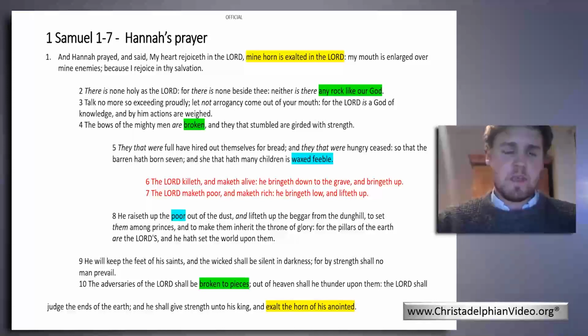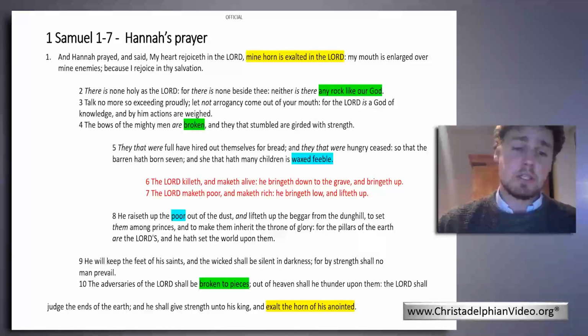And we can see that parallels the end of the prayer, where it says that God exalts the horn of all of his anointed. And then it goes on to talk about how God is a rock, and how there